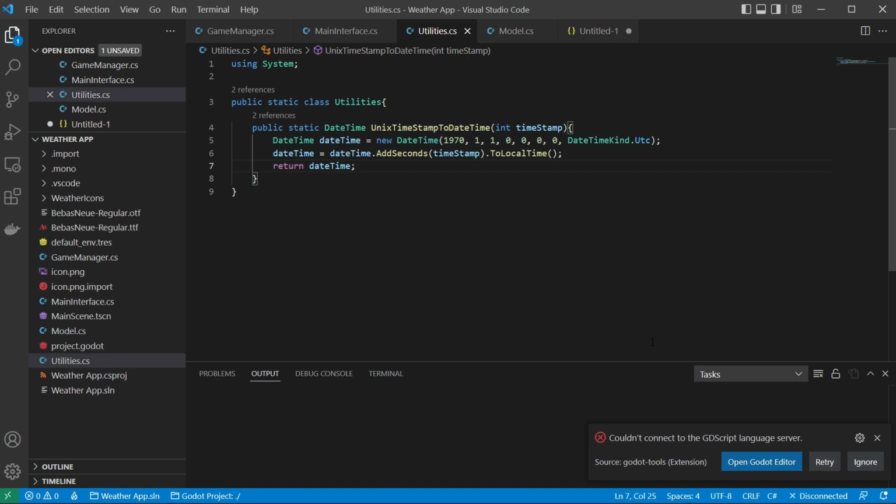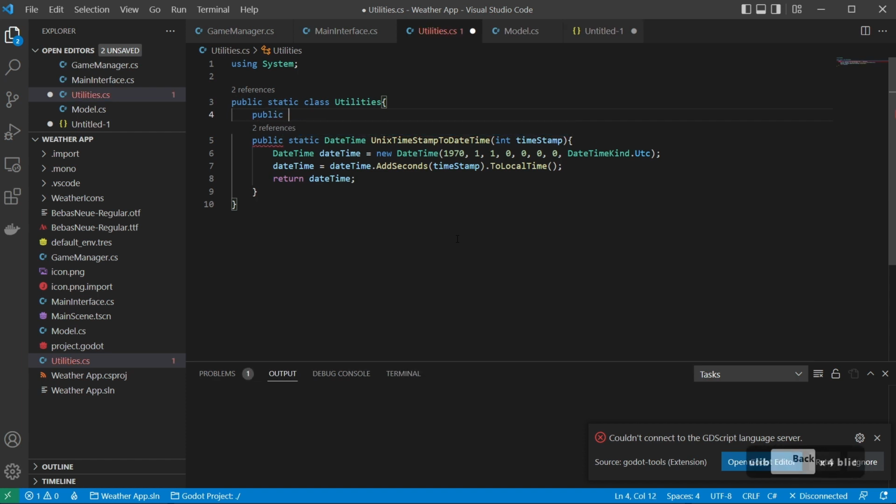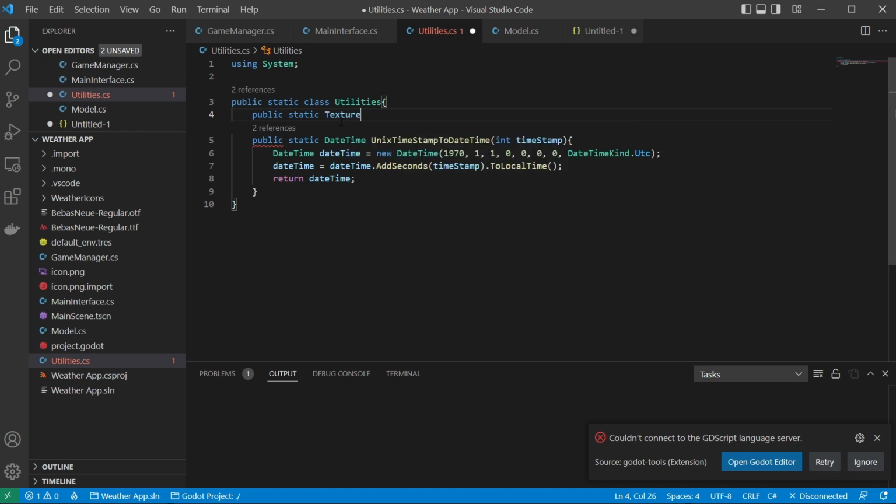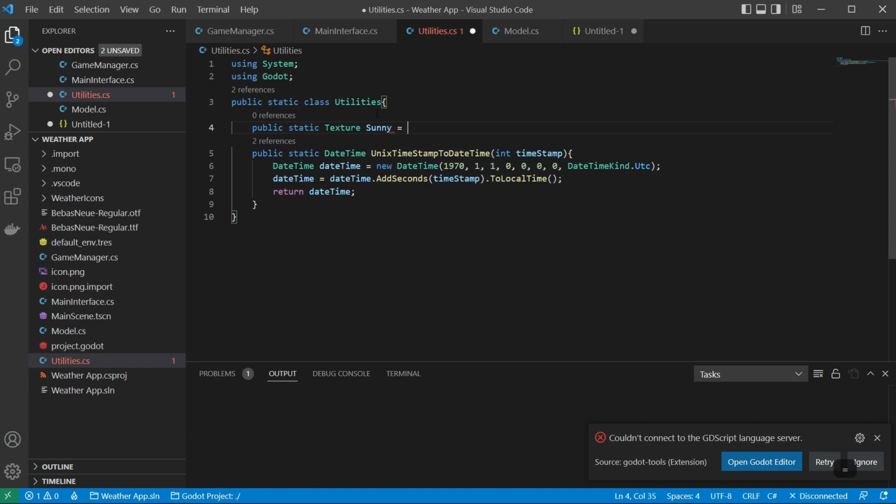So what we'll do is we need to get references to our files first, so we can have those textures in memory. That way we can access them, right? So first we need to create our class variables that house all of those textures. We'll say public static texture. And you'll see that I'm not getting any auto completion. The reason why is because I'm not using the Godot engine. And now you'll see that I am getting auto completion here. So we'll say public static texture sunny is equal to